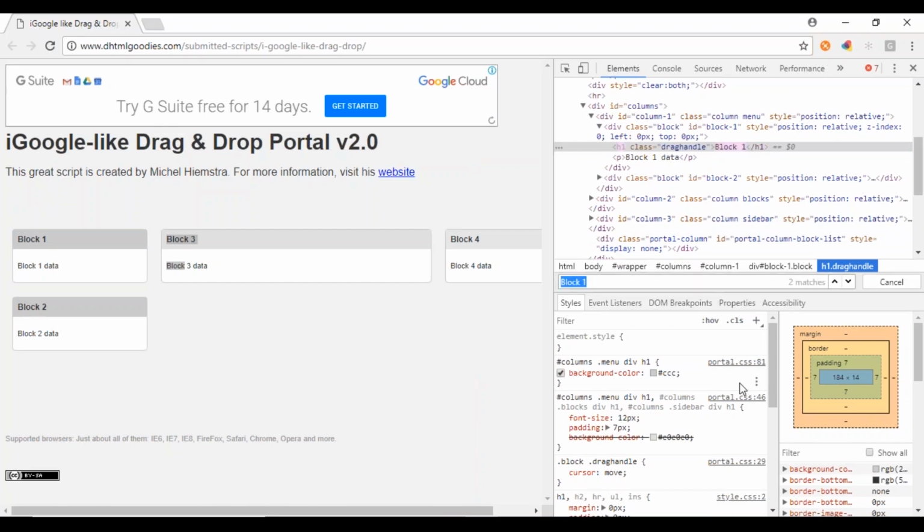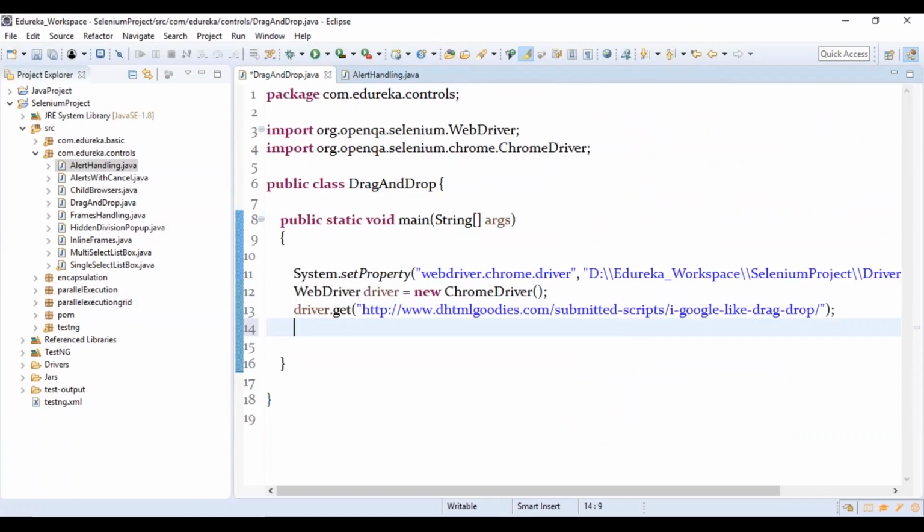So I just do this Control F, okay, so double slash, it is H1. So what is it? It is your text. Text is equal to block 1, right? So this element is identified, correct? So now what we are supposed to do is, if you just identify this element, it is not possible.